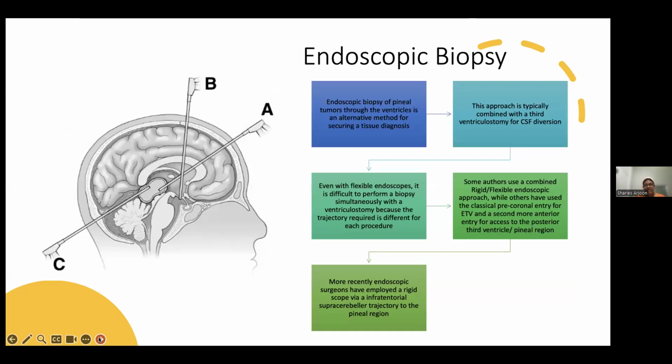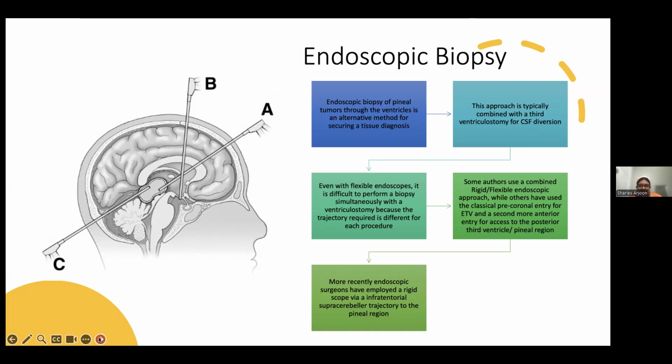Moving on to endoscopic biopsies. These endoscopic biopsies of the pineal tumors through the ventricle are an alternative method for securing a tissue diagnosis, and this approach is typically combined with the third ventriculostomy for CSF diversion. Even with flexible endoscopes, it is difficult to perform a biopsy simultaneously with a ventriculostomy because the trajectory required is different for each procedure, and some surgeons use a combined rigid and flexible endoscopic approach,